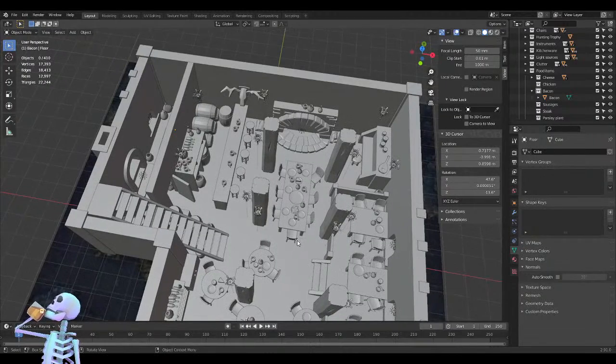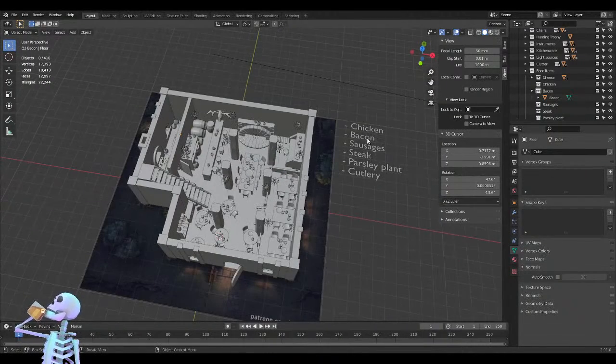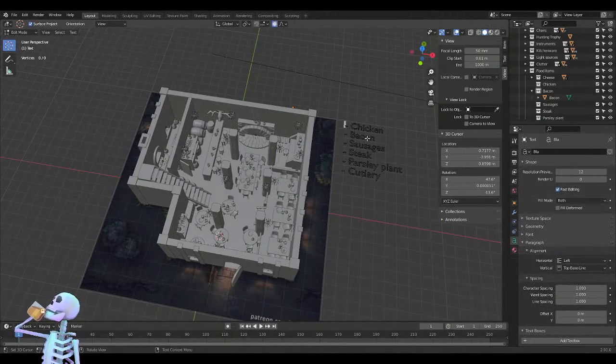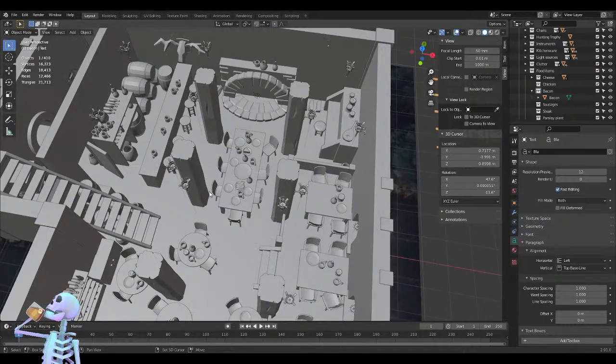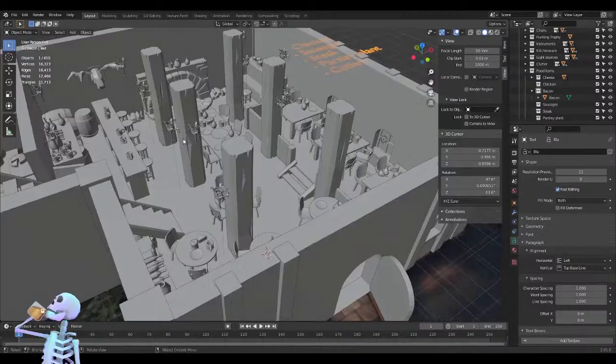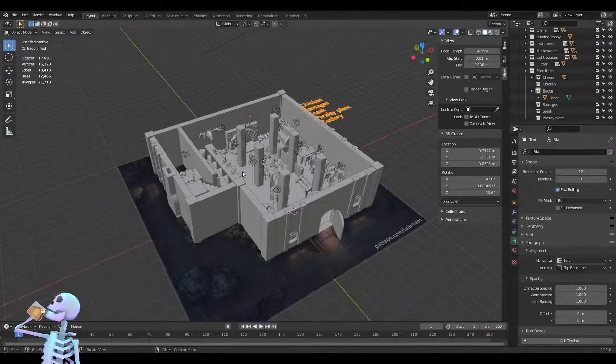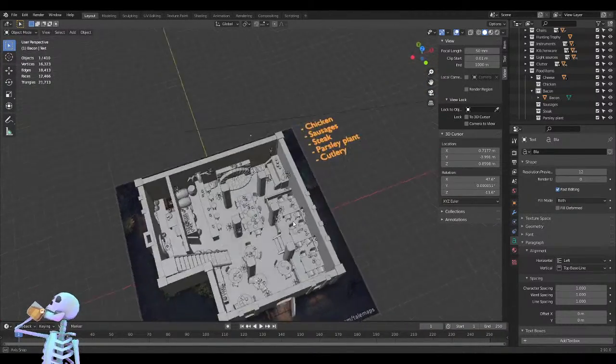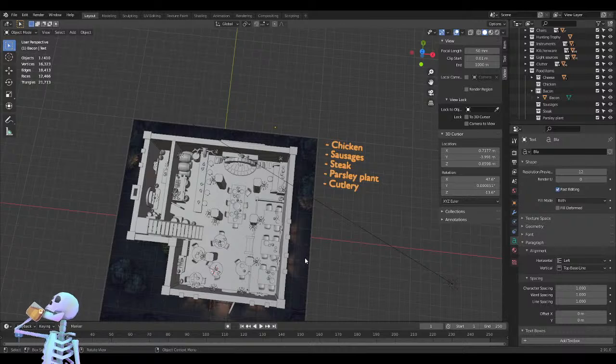Yeah, that's good. Now we can also just cut that out, and that's fine. And yeah, next up would be the sausages, but